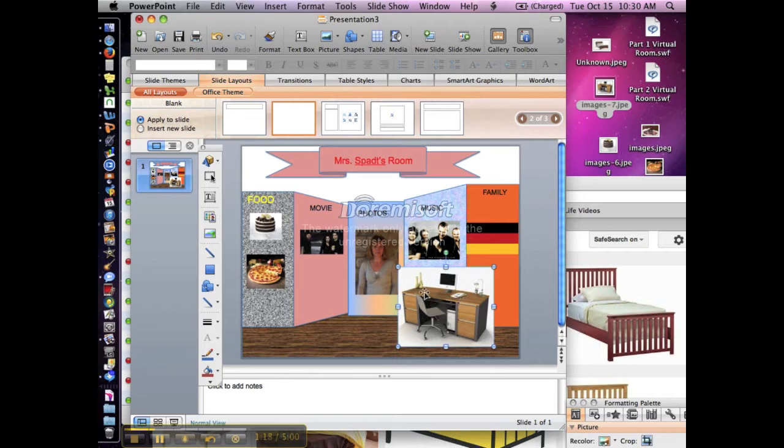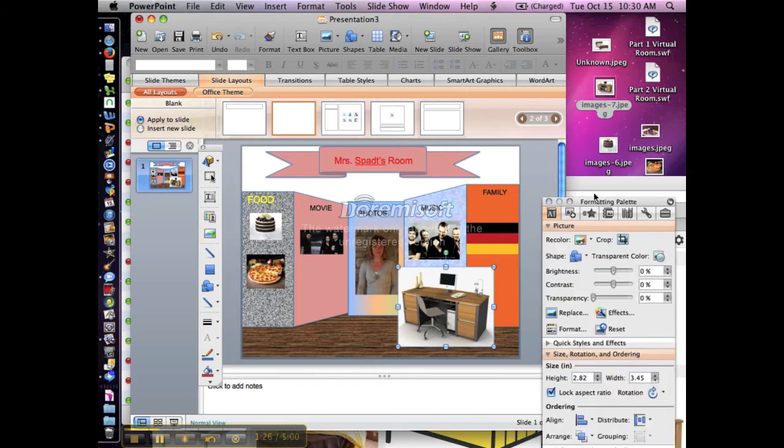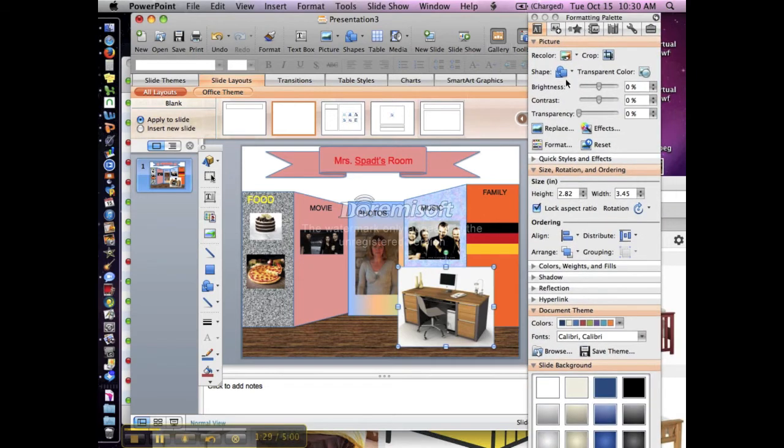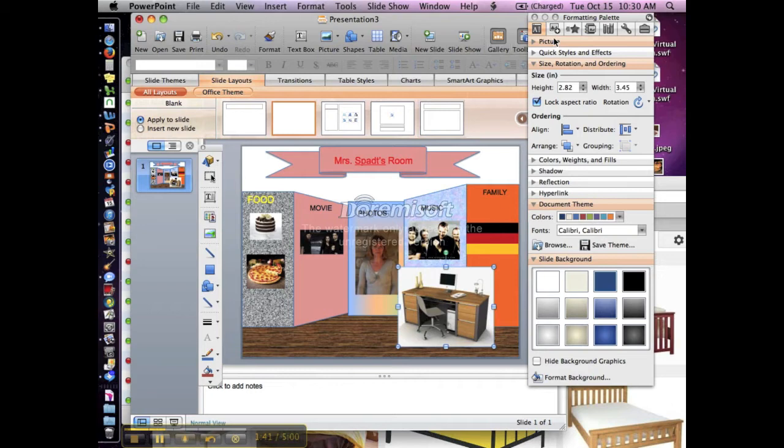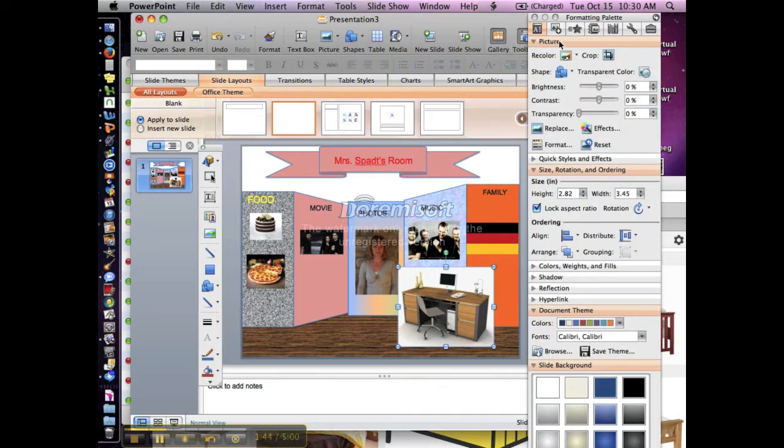So to eliminate the white background, you have to open up your toolbox again, which I have it open. It's down here. I'll bring it up again. And you have to have the picture selected. And when I mean selected, it has to have the little lines and circles around it. And then you can go under Picture on your formatting palette, your toolbox, and click on the word Transparent Color. You'll click on the little button next to the words Transparent Color, and you'll see that